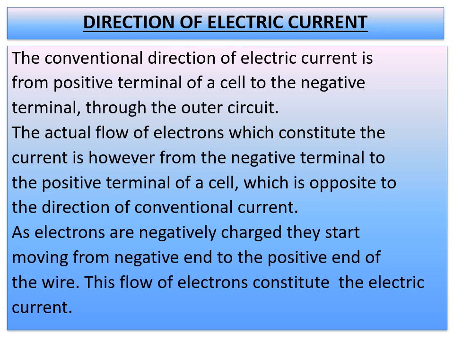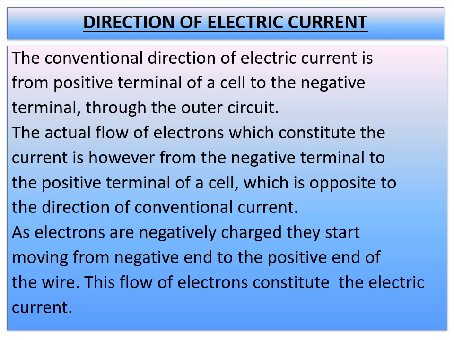In a short way, you can remember the direction of electric current like this. The conventional direction of electric current is from the positive terminal of a cell to the negative terminal. Here the cell means a battery also. So when you are drawing a circuit diagram, you have to remember that the current is represented from the positive terminal to the negative terminal through the outer circuit.